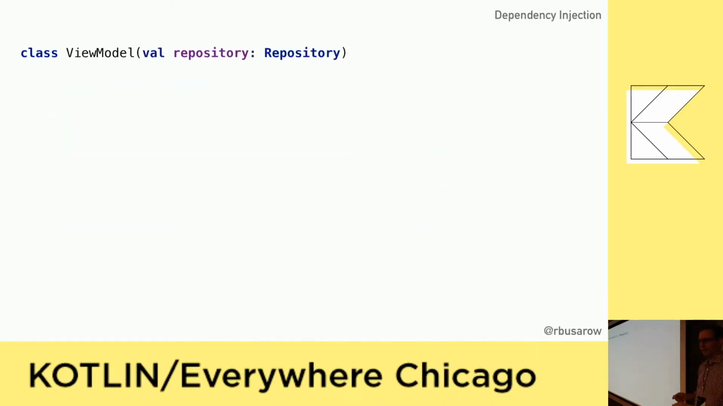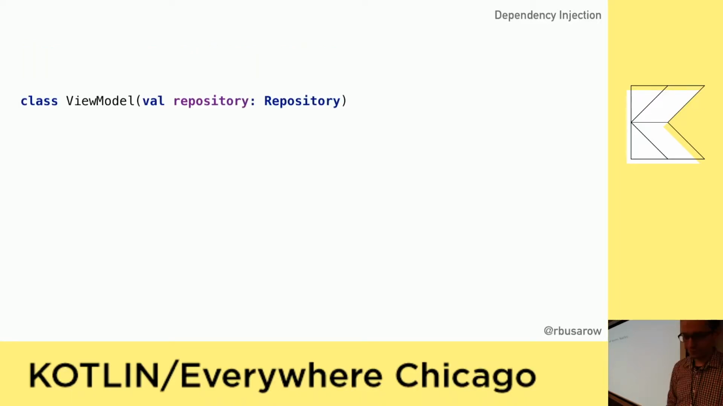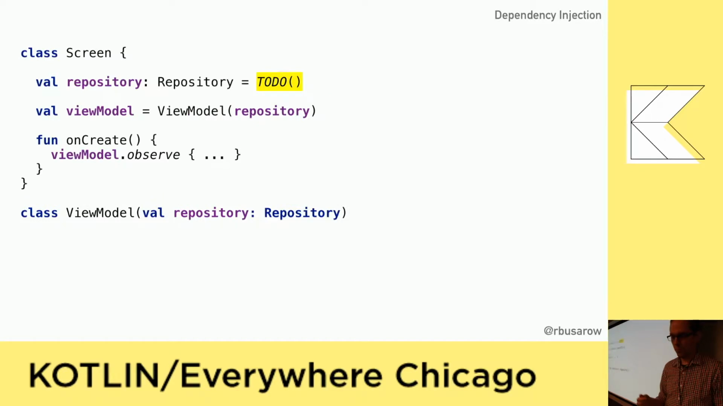So moving on away from field injection and into constructor injection, we've got our view model. And we remember that it has a dependency on the repository. How are we actually going to initialize this? Well, the view model is the dependency of the screen, right? So we can